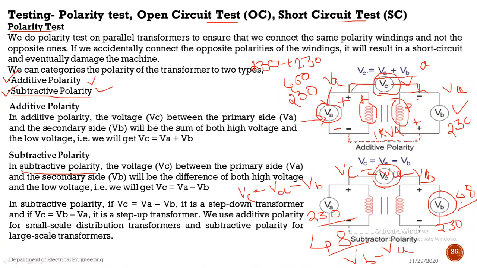It is very simple, just connecting one terminal of the primary winding and one terminal of the secondary winding. In between that there is a voltmeter, it can be connected, and the other two terminals are directly connected or short circuited. हे दोन terminal direct short circuit करतोय आपण. If the voltmeter reads the value, it is the summation of these two voltages. या दोन voltageच्या summation ची असेल, then it is called as additive polarity. If the voltmeter reads this value VC, it is the difference between these two voltages, then we can call it a subtractive polarity. So this is the simple method of testing, that is polarity test, while checking the polarity.